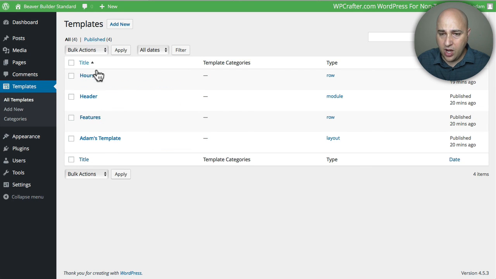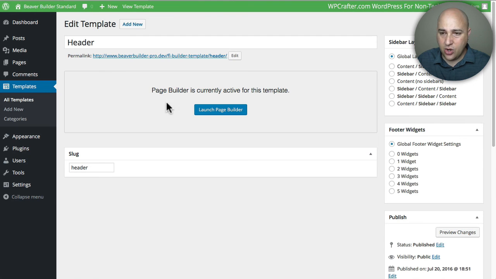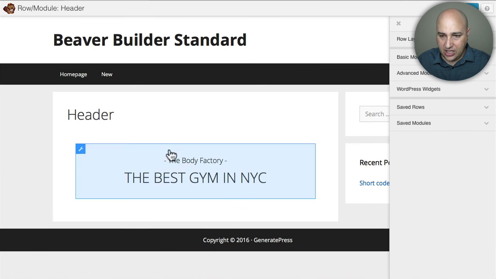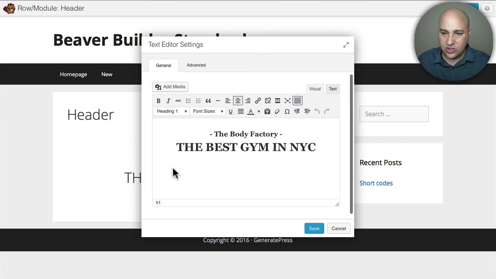So if I wanted to edit just the template for the header, I could go there, click on Launch Page Builder, and it's going to open up, and I'll be able to edit this template right here by clicking on right there. This was that module template that we had.